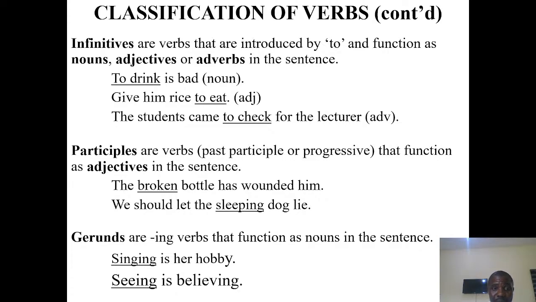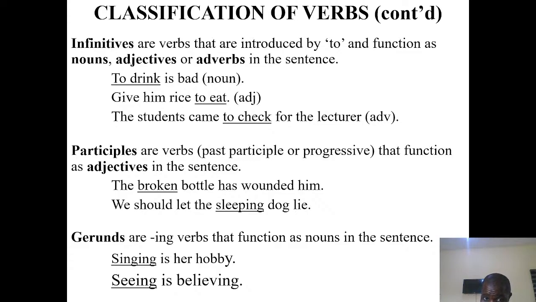Let me use it as a verb. I have broken the pot. I have broken the bottle. The word broken is a verb. But in this sentence, "The broken bottle has wounded him," broken functions as an adjective, not as a verb. That is why we call it